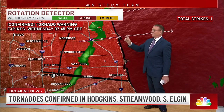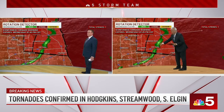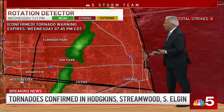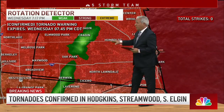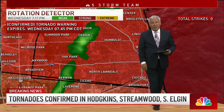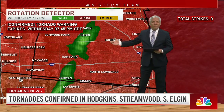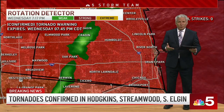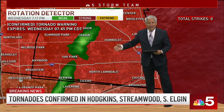Yeah, Brent, go ahead. Just looking at velocities there, just north of Oak Park, we're looking at some pretty decent velocities right in here, where we're looking at the potential for at least some broad-based rotation to go along with the heavy rain that is currently falling right now. So that's why the tornado warning continues until 7:45. Right now, no active tornadoes on the ground, but because of the rotation that we currently have and the history